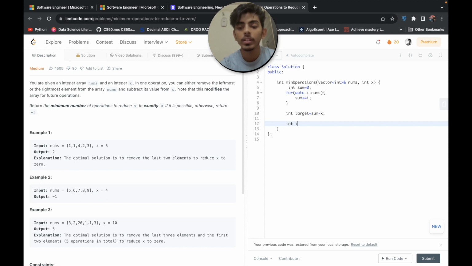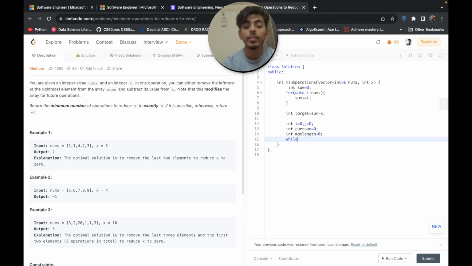After that, we will initialize the endpoints of the window, left and right. After that, we will make an int current sum variable and an int max length, the end result, equal to 0.